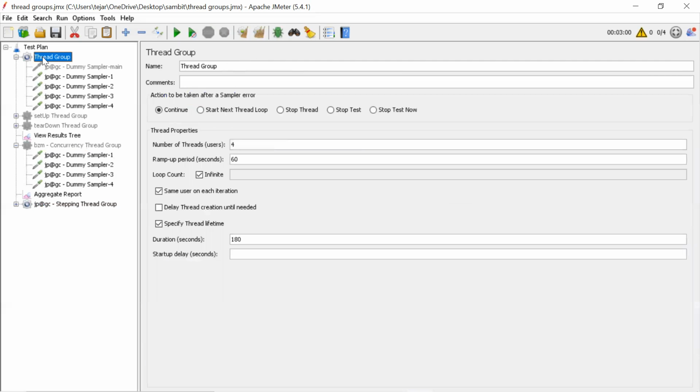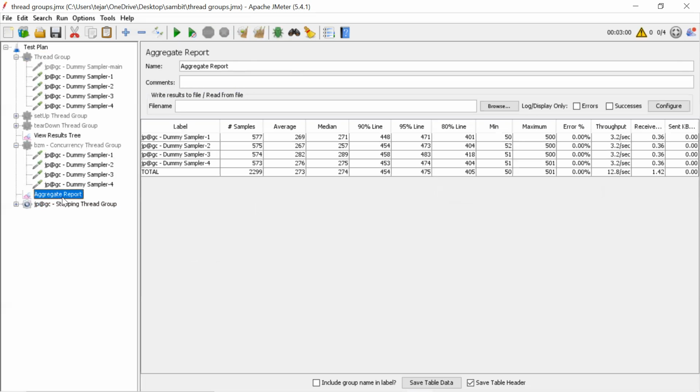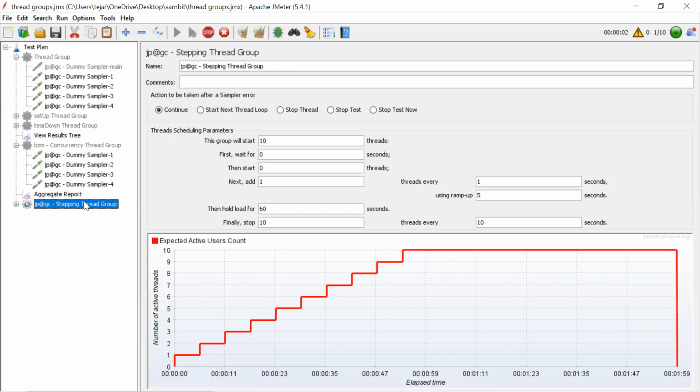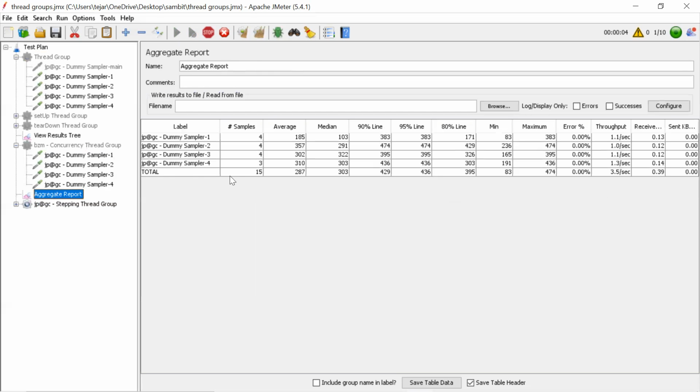In real time, we'll be using this mostly. You can slowly see for every 5 seconds one user will come, then every 30 seconds it will add one. So the use of this thread group is nothing but designing the scenario, however the performance modeling is done. The more you work on this complex design, the more realistic the test will be.